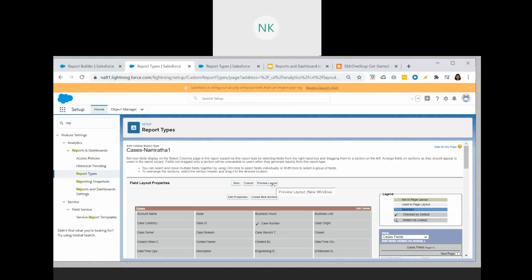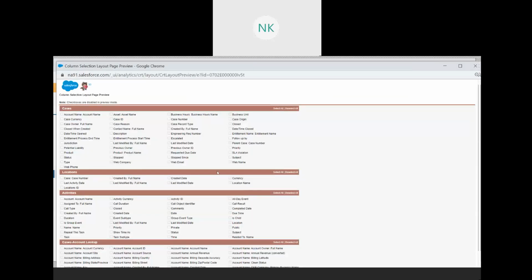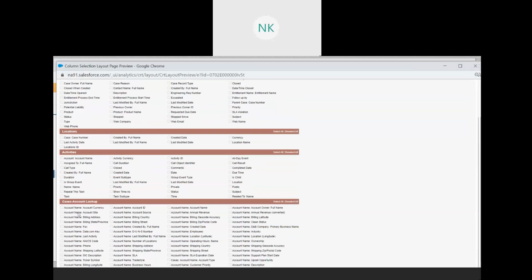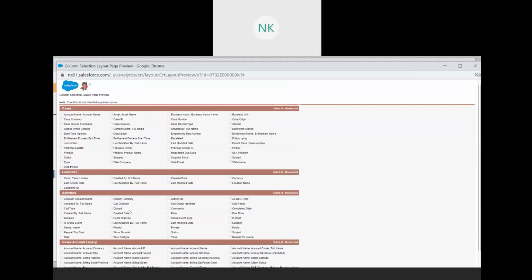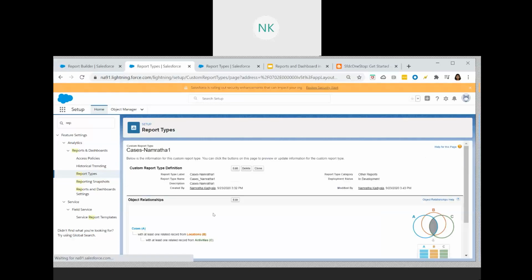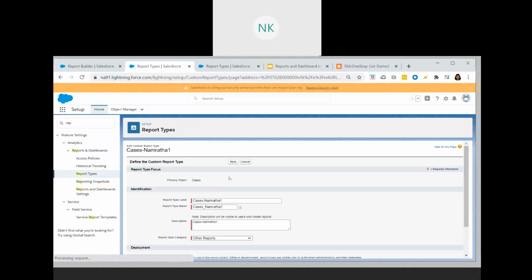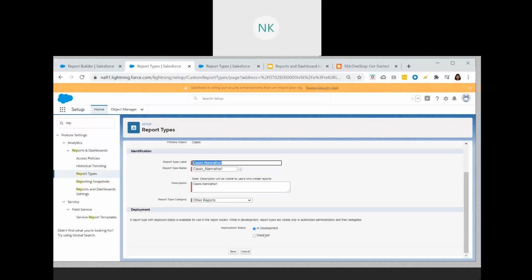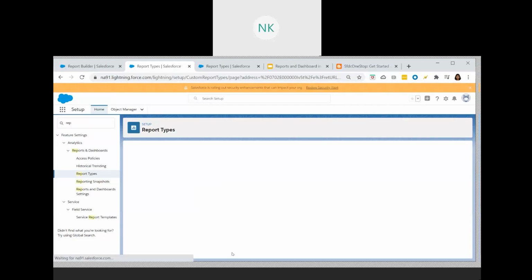If you want to preview your layout, you can do that. This is how it will look. It looks like all of these are something which we have added to that specific report type, and click on save. Now if at all you wanted to make any other modifications, click on edit, and then from there in deployed you can move to the deployed status.